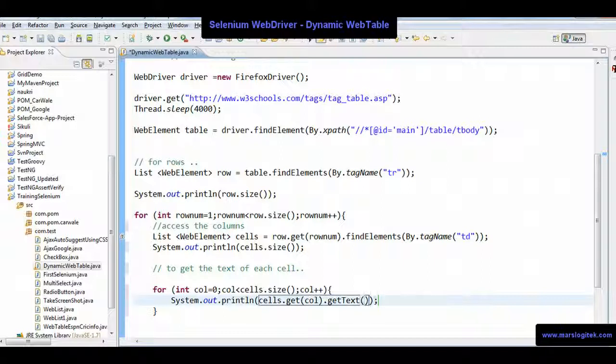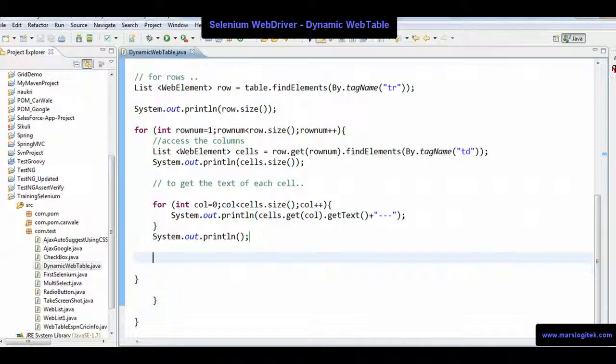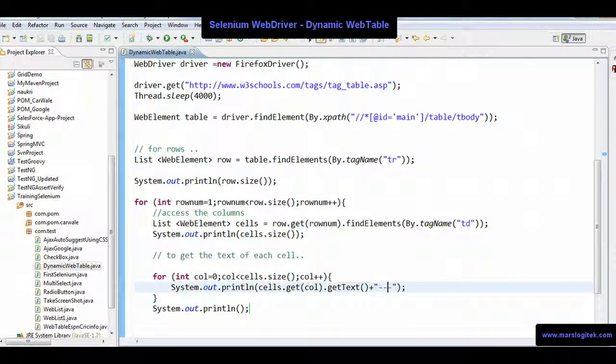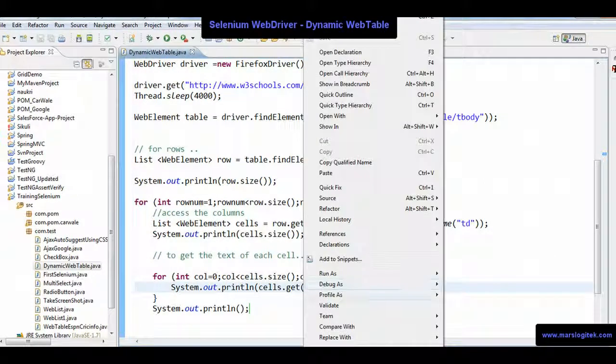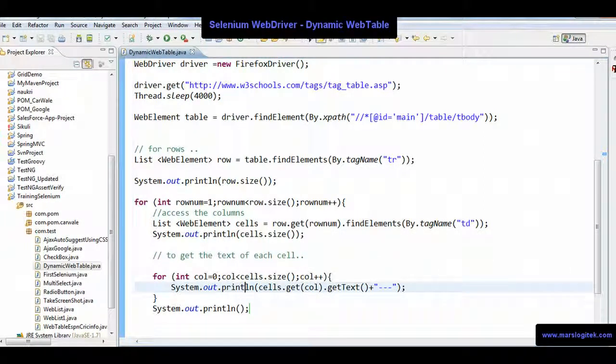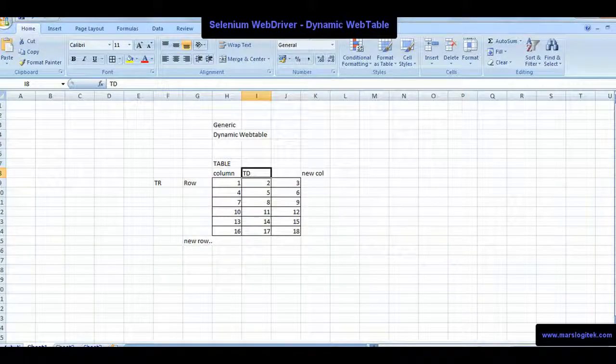Just to make it as a separator now, and here I say sysout println. That's it. So this is for a row, dynamically getting the row. A column, I'll just prepare the cell and I'm going to access that one by one. When I right click and run as a Java application, it should start. It should open W3 Schools and wait for some seconds. It'll go to the particular table, and dynamically get the row with the TR and with the TD, and traverse to each cell and get the text. That's what we are trying to do.